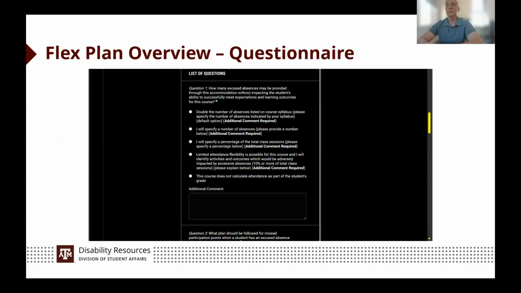So I've got a picture here. This is of the questionnaire. So as I mentioned, FlexPlan opens up. You will consider how the accommodation fits your class. There are 7 questions. Here in about 2 or 3 slides, I'll show you those questions. But the questionnaire is real simple. We try to give you some multiple choice options, some fields if you want to provide some more context. I'll tell you, the more context we have, the more helpful it is when we say yes or no to the plans, or we come back to the drawing board and try to get creative. And so this questionnaire is the most essential piece of this process, because this is how we get on the same page.